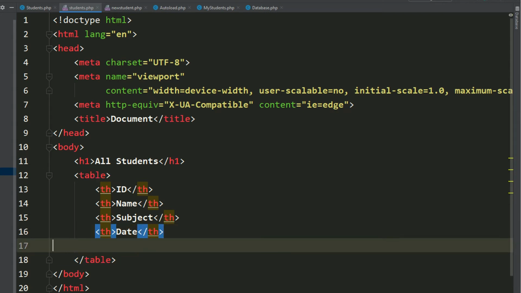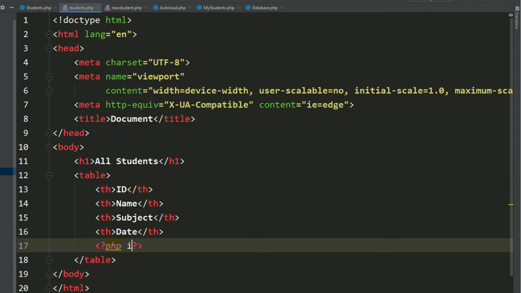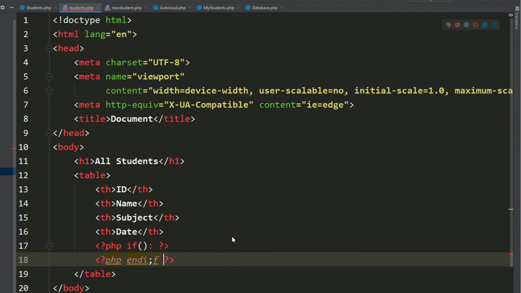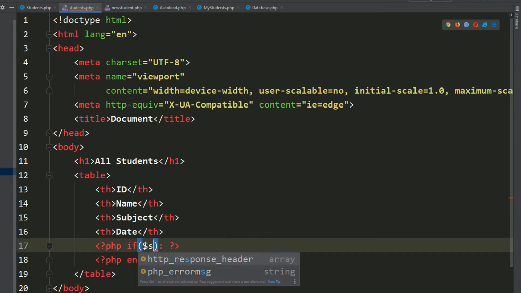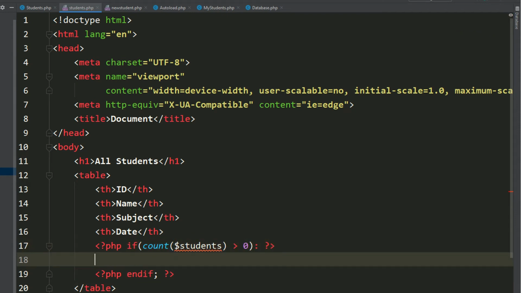Now I have to check whether the record exists or not. Because you are fetching as an array, you have to specify like this: if students, but this time count greater than 0, then